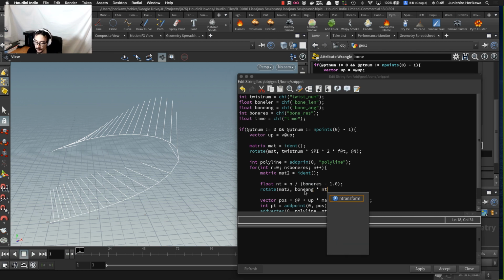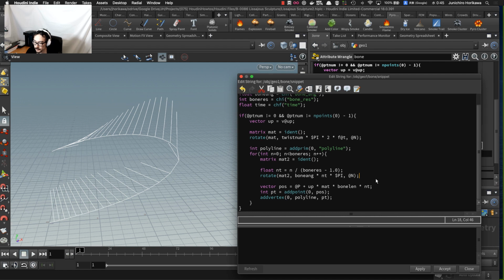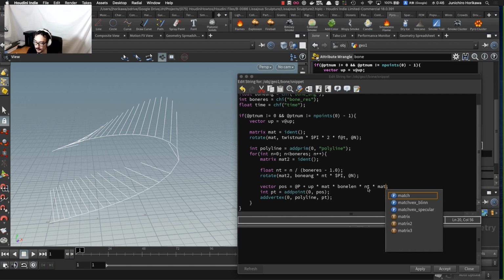So bone angle multiplied by NT, and I guess multiplied by pi as an angle. So if the NT is equal to 1, then this value will be 180 degrees, and if you set the bone angle parameter as 1, then you get 180 degrees angle. If you set it to 2, then you have 360 degree angle. Okay, and the axis is again n. Alright, now that I have the second rotational matrix, I can apply this at the same position here, same up vector here. So I'm just going to multiply mat2 at the end,